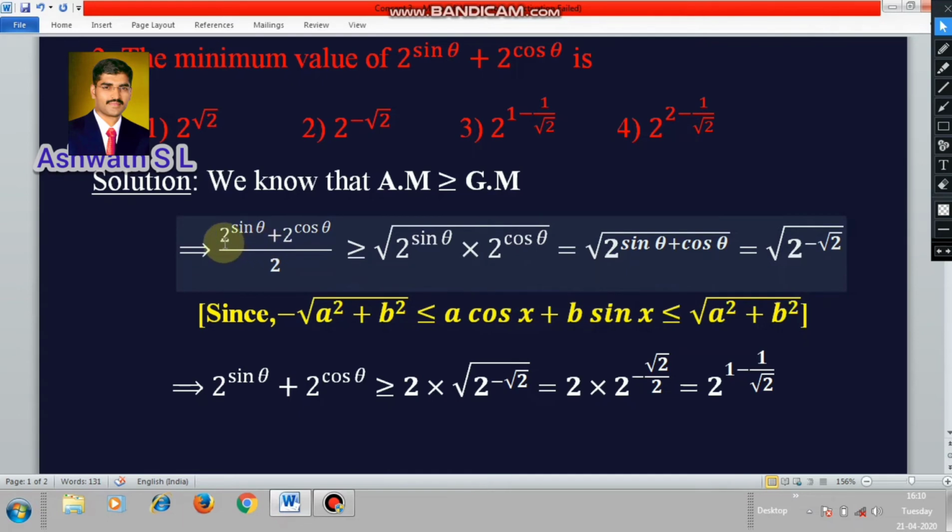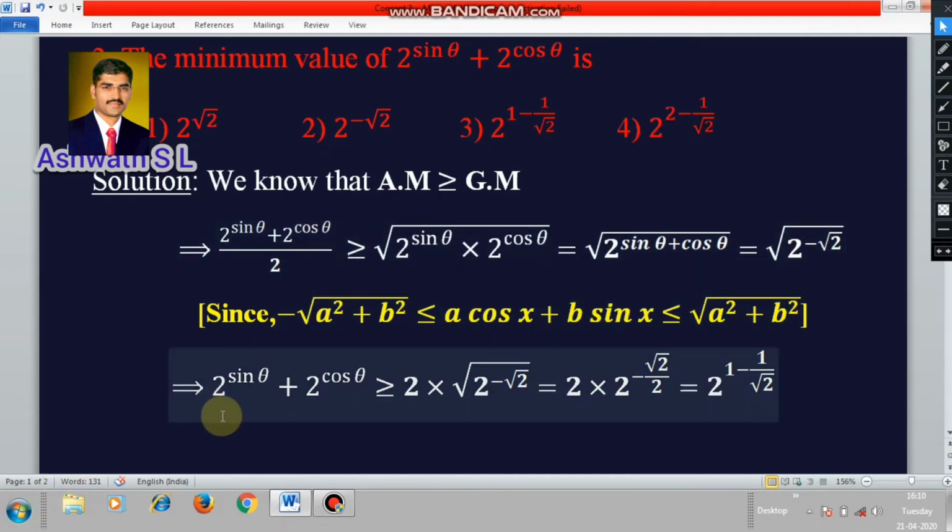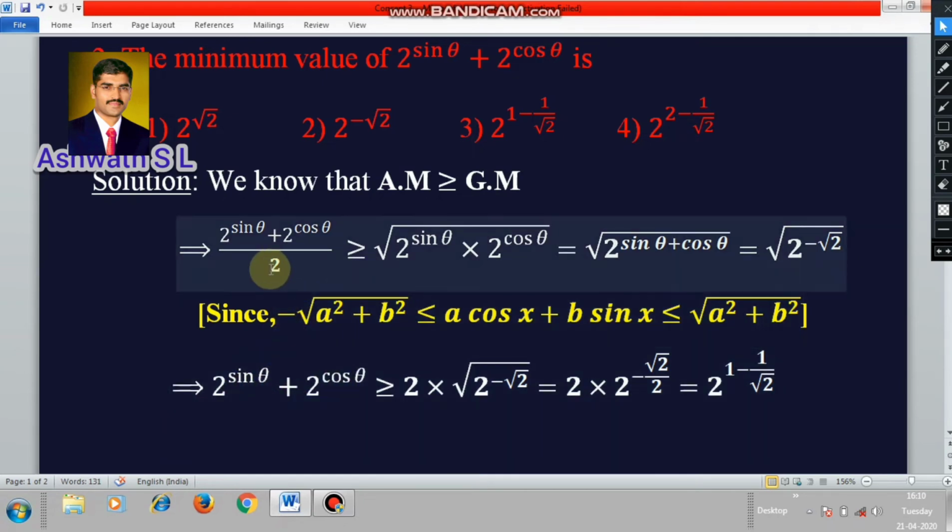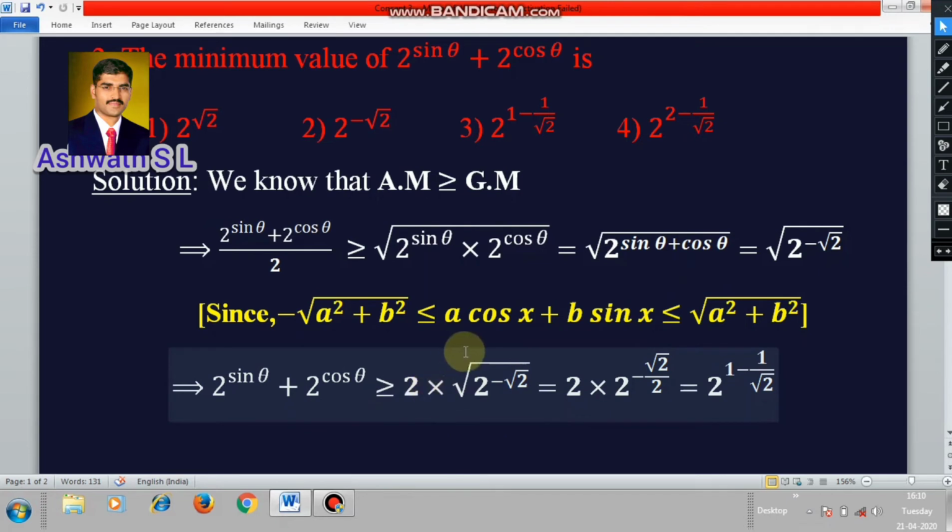Okay, therefore (2 power sin theta plus 2 power cos theta) by 2 is greater than or equal to the square root of 2 power minus root 2. This implies 2 power sin theta plus 2 power cos theta, let us bring this 2 to the RHS, becomes 2 into square root of 2 power minus root 2. Here is some calculation you have to observe carefully, because purely this is a calculation belonging to the square root